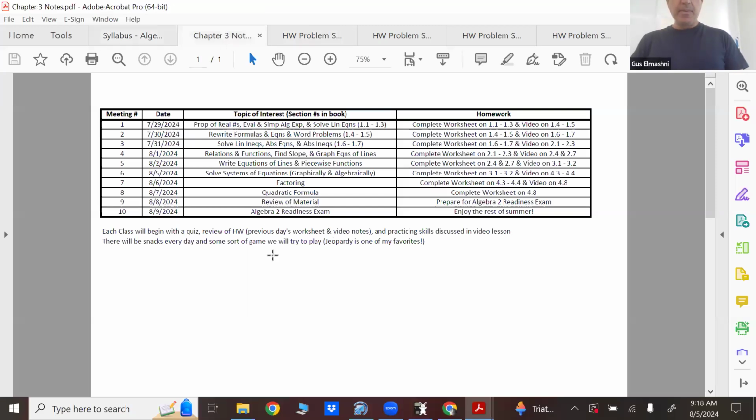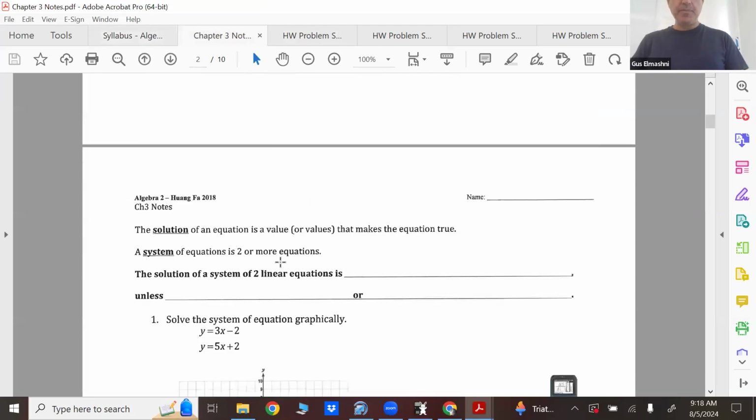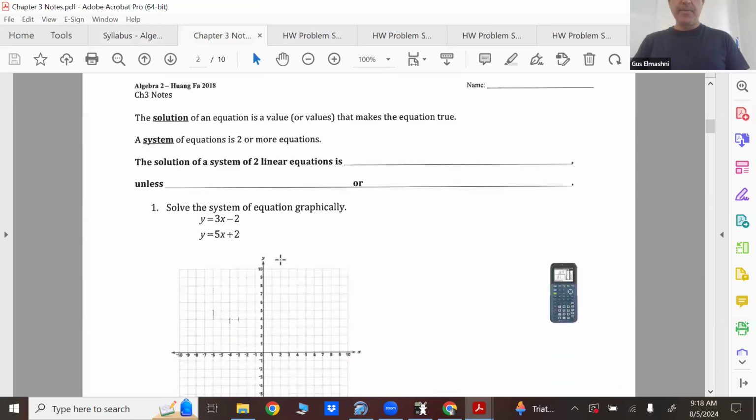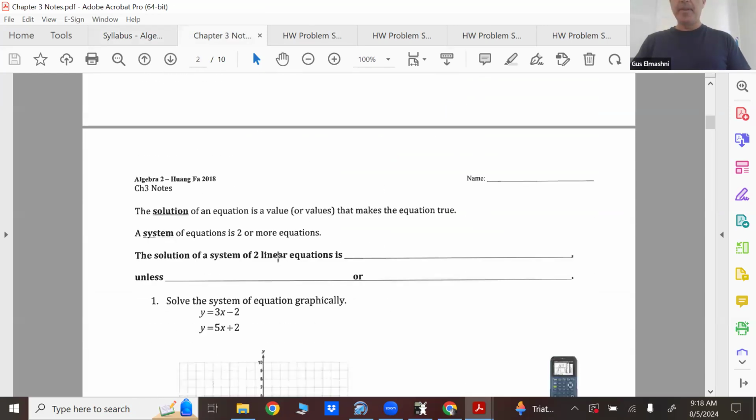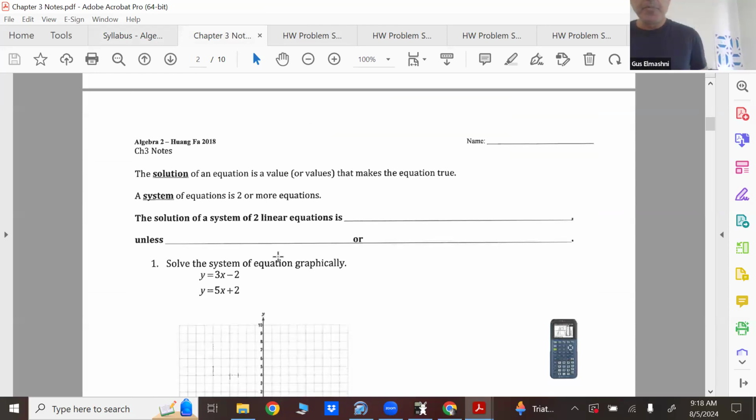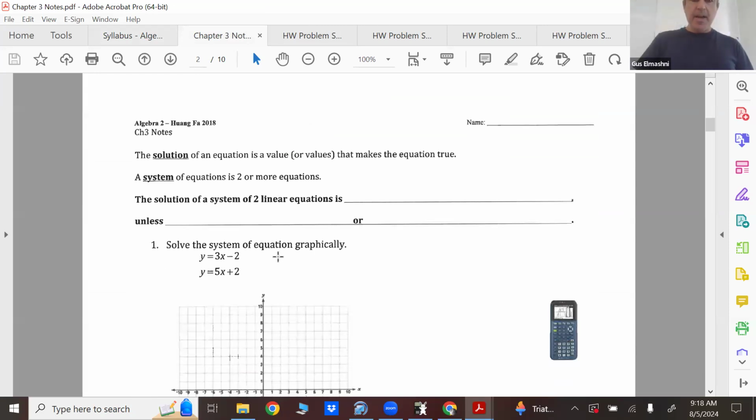So, all right. Let's move on to page 2 first, and I'll come back to page 1 in a little bit, on how to graph in the calculator. So let's look at this one here. The solution of an equation is a value that makes the equation true. We know that, right? Now, a system is 2 or more equations. So we're going to deal with systems today. And the solution to a system, which I did put in the video, the solution to a system of 2 linear equations is the point